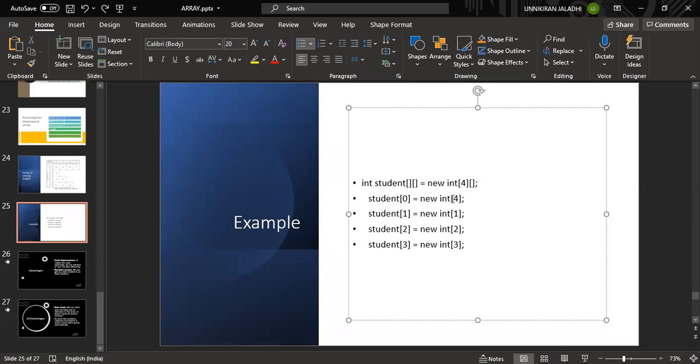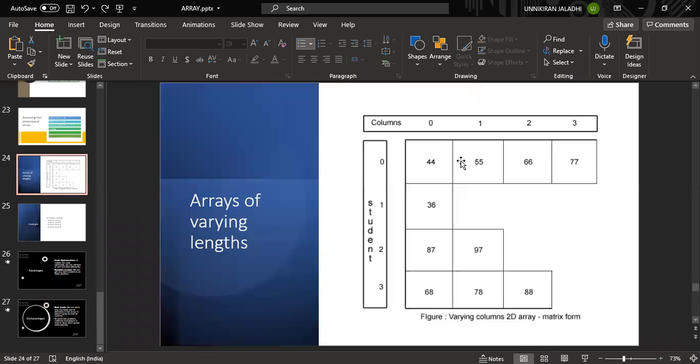And here we just declare the size of the array of arrays. Then for 0, we give the length, the size, as 4, because we are going to store 4 elements inside this array. In our picture representation, it consists of 4 elements, so that's why we took that array with 4 elements. This is a very important topic for multi-dimensional arrays, whether the dimension is 2, 3, or 4, whatever it is.